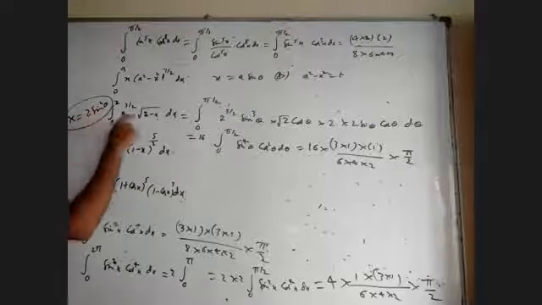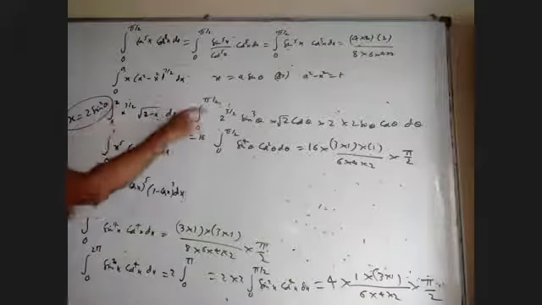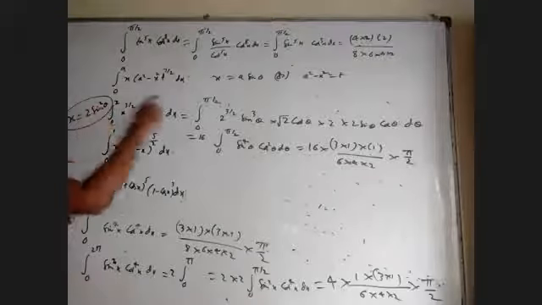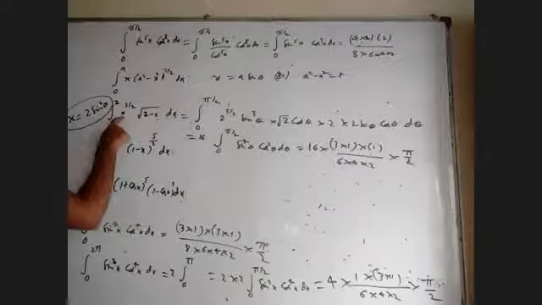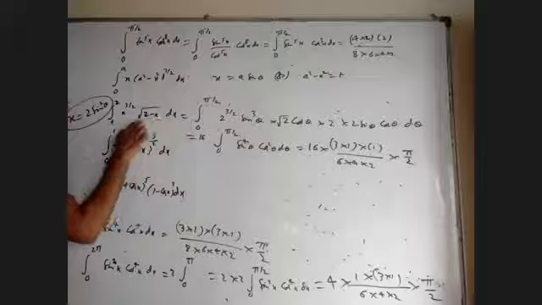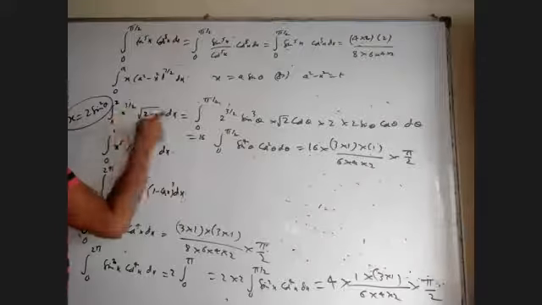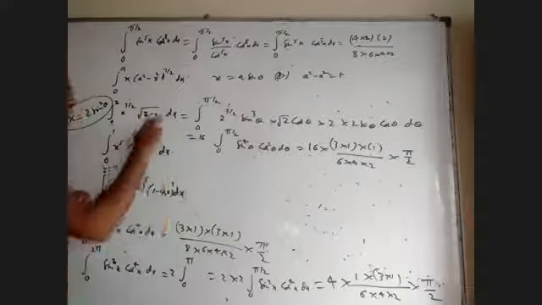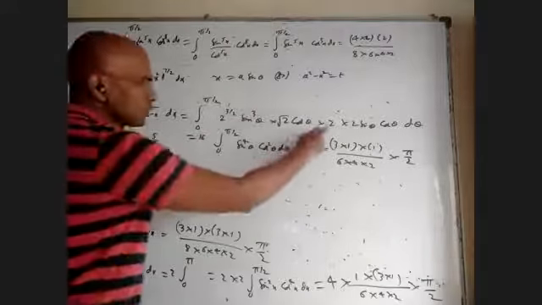Okay. If I take x equal to 2 sine square theta, the 0 will remain as 0, but 2 will become pi by 2. Why? When you substitute x as 2, what is the corresponding theta? 90 degrees. Here you put x equal to 2 sine square theta whole power 3 by 2, which is 2 power 3 by 2, and sine square theta whole power 3 by 2 is sine cube. Here when you put 2 sine square theta and take 2 common, 1 minus sine square is cos square. Under root it will become cos, and the root 2 will be left. Derivative: what is the derivative of 2 sine square theta? 2 into the derivative of sine square theta, which is 2 sine theta cos theta, so 2 into 2 sine theta cos theta. We have changed everything. Everything we have to change in terms of theta.